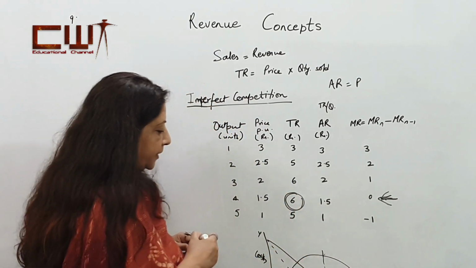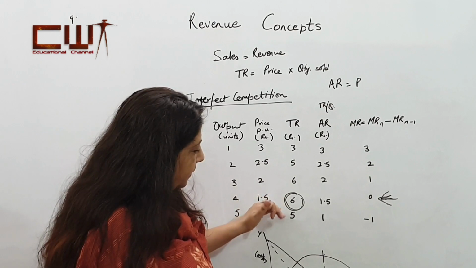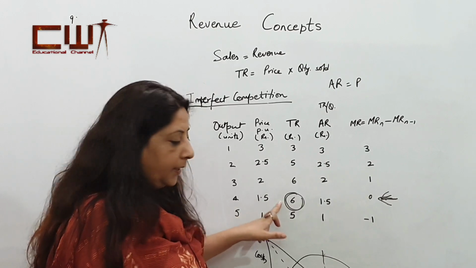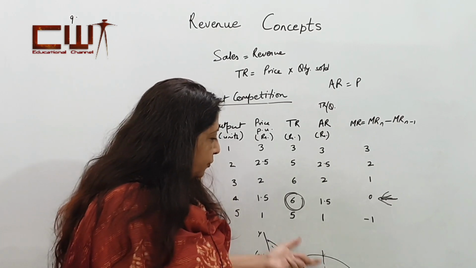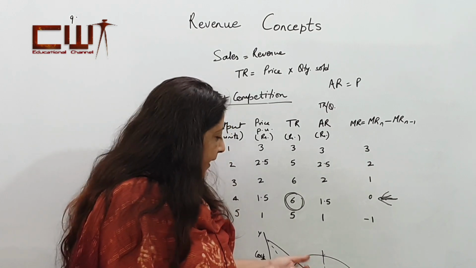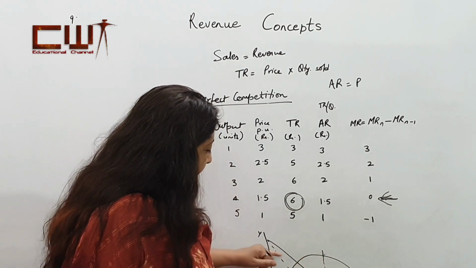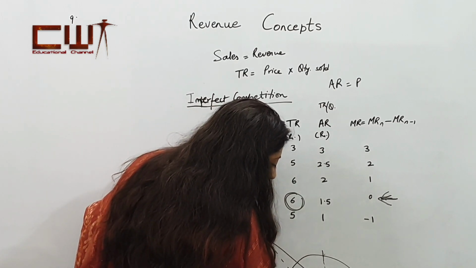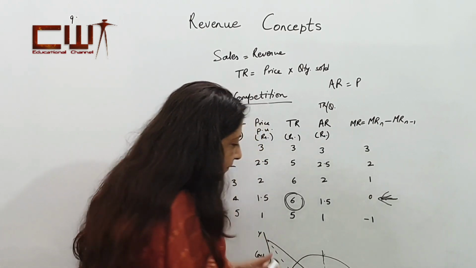negative. So this relationship, please understand: when the total revenue is increasing and it reaches the maximum point, that is the point where your marginal revenue will become 0, because that marginal is not adding anything to the total. That is why this becomes 0 at this point of time, and the total is at its maximum at that level, and average constantly keeps on falling. Average can never be 0. Average will never be 0, it will be coming down, but marginal revenue will become negative and it will come